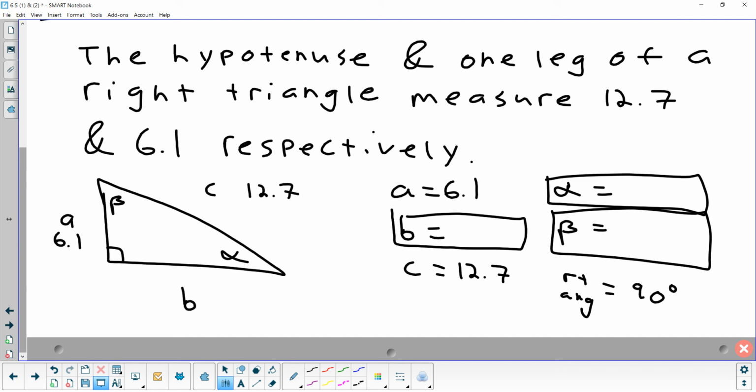Pythagorean theorem. Why? I thought we didn't want to use Pythagorean theorem. But you're getting two pieces, so you use it. Yeah, it's not that we don't want to use Pythagorean theorem. We don't want to use things that weren't given to us. Well, everything here is given. So we can solve for B